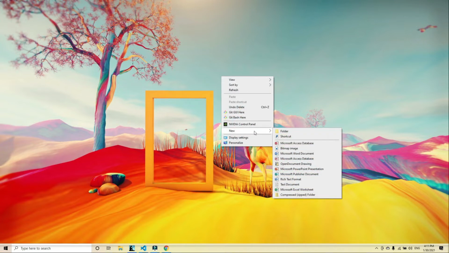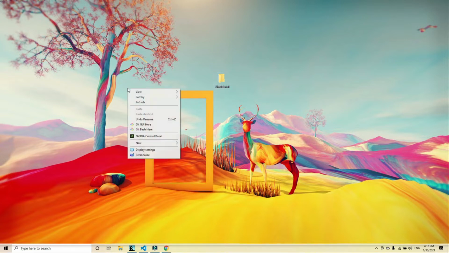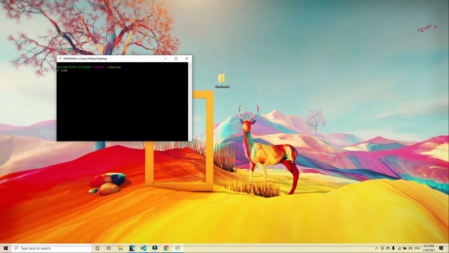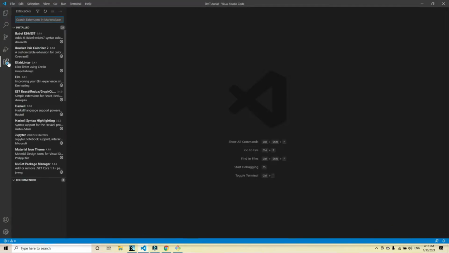So the first thing we're going to do is create a basic folder. We're going to call this one Elm tutorial, and then we're going to open up our IDE into that folder. This is just a simple way for me to open it up. I'm using Git Bash. The first thing you're going to do when you have your IDE open is make sure you